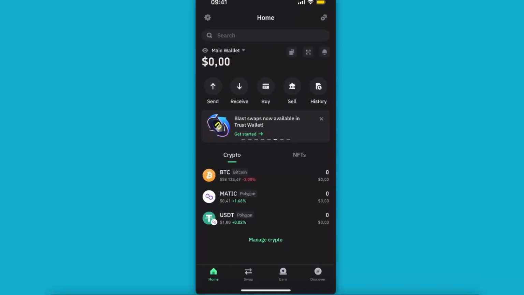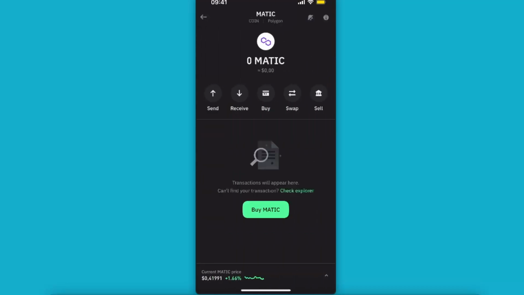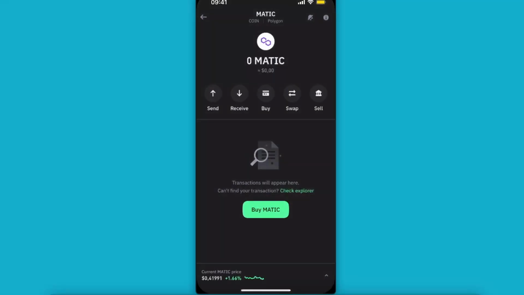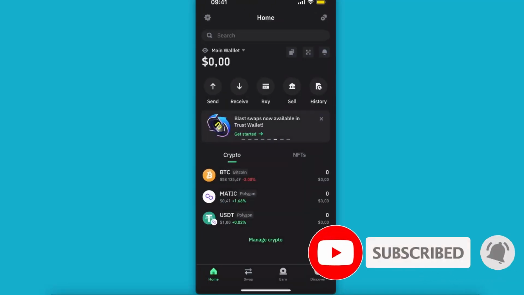If you want to send Matic crypto, you want to click on it. And if you want to go ahead and buy it or just receive it, click receive. You will have your wallet address here. And you can go ahead and deposit Polygon Matic assets to this address. Or you can just go ahead and buy it, and that's where you find your wallet address of Polygon. The same goes for